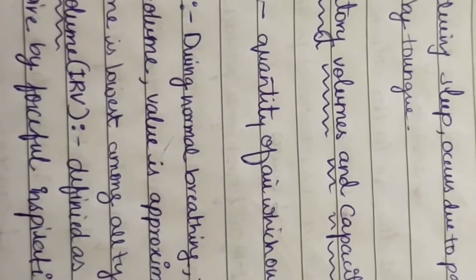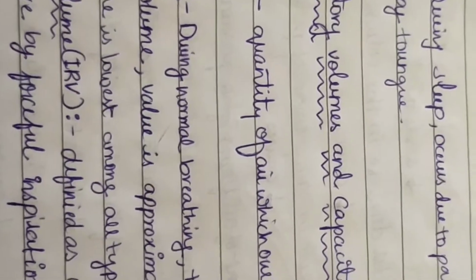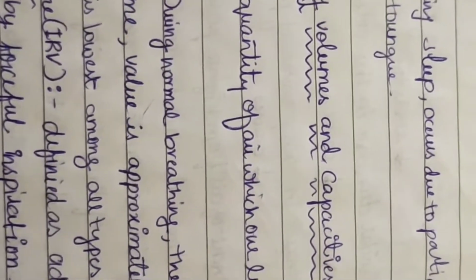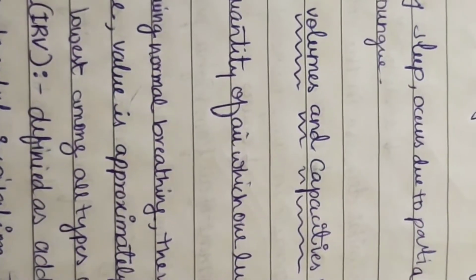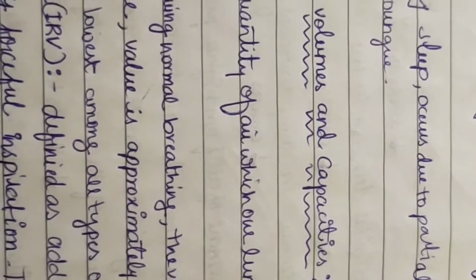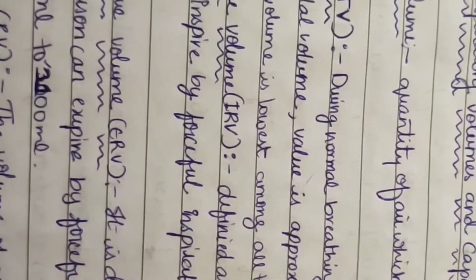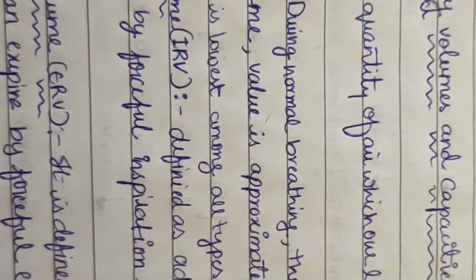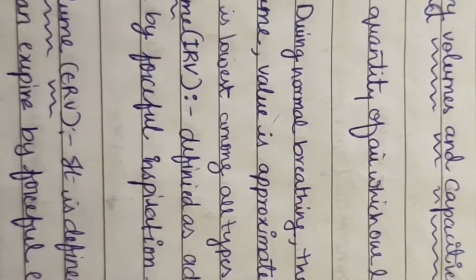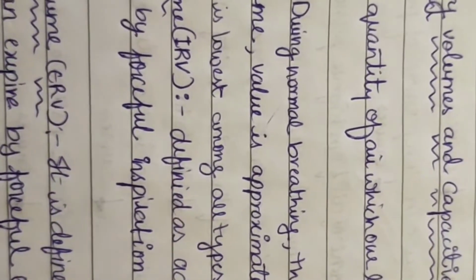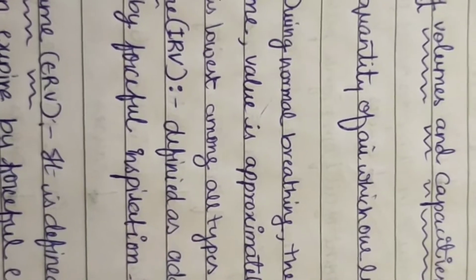Now let us discuss pulmonary or respiratory volumes and capacities. First is respiratory volume. The quantity of air which our lungs can hold is known as respiratory volume. Types of respiratory volume. First is tidal volume or TV. During normal breathing, the volume of air inhaled or exhaled is known as tidal volume. The value is approximately 500 ml. The value of tidal volume is lowest among all types of respiratory volumes. Then